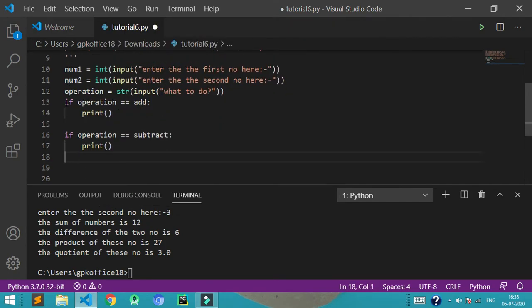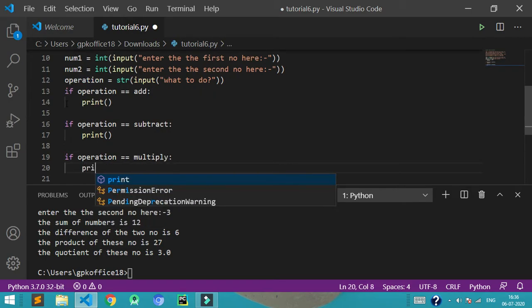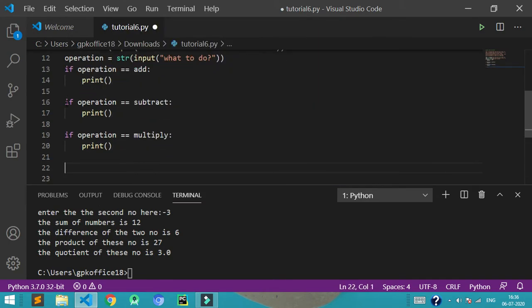And then another one, if operation equals multiply, then print. If operation equals divide, sorry, yes, divide, then